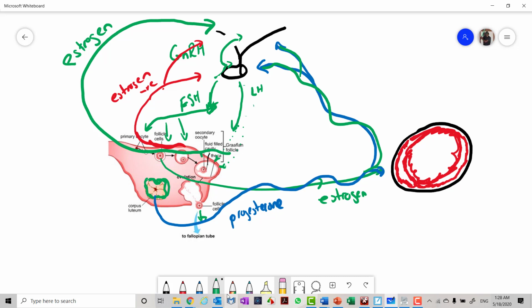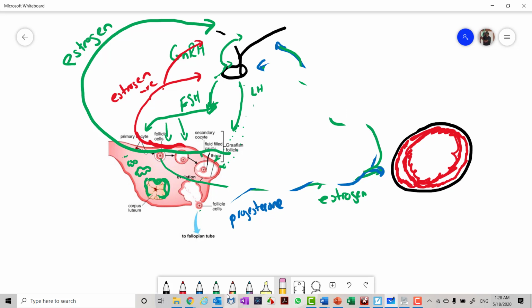The corpus luteum is not getting as much luteinizing hormone, so it's not being stimulated. Over time, it's going to decrease and decrease, and eventually it's going to break apart. And as it breaks apart, the amount of progesterone and estrogen being released are going to be smaller. Eventually, there's going to be such a small amount of progesterone released that this negative inhibition that was happening is going to stop. And when this progesterone is no longer inhibiting the pituitary and the hypothalamus,